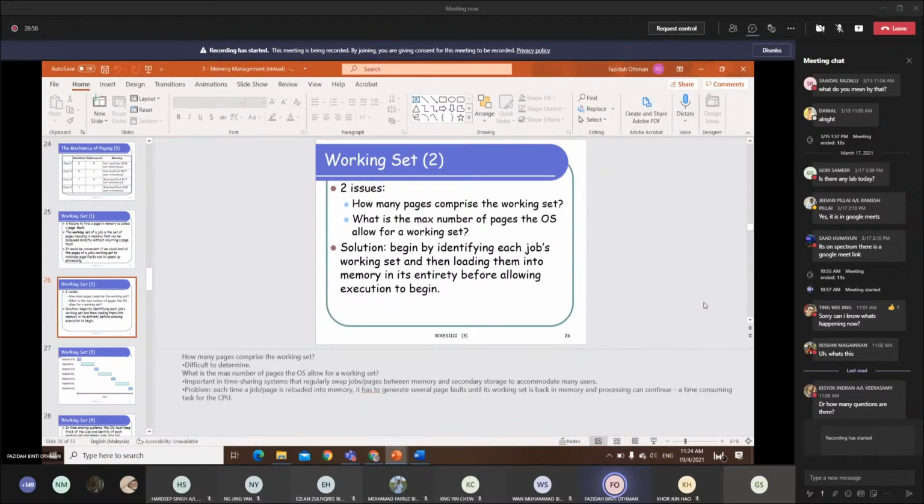For how many pages comprise the working set, it actually depends. It's difficult to determine how many pages. It depends on your programs and how complicated they are. As for the maximum number of pages the OS allows for a working set, this also depends on